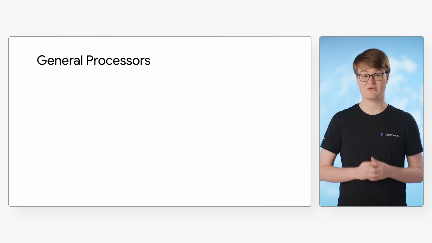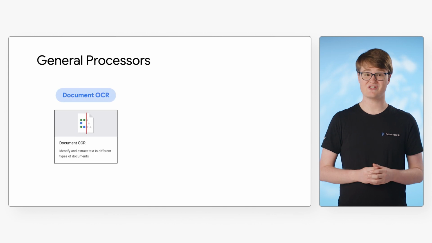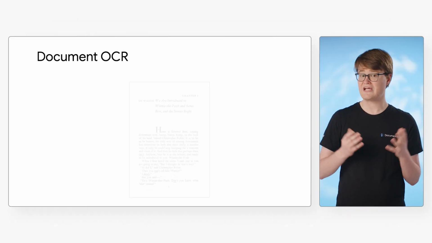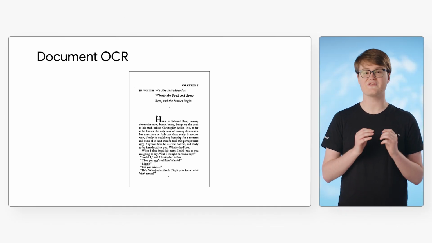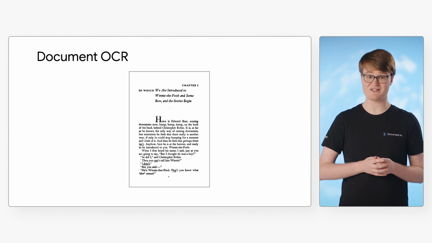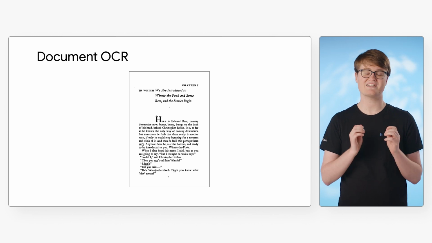Currently, we have three general processors available: Document OCR, Form Parser, and Document Quality. Let's say you have a scanned copy of a document. It can be typed or handwritten, and you want to extract all the text from this document. You simply submit the document to the Document OCR processor, and it will return you the extracted text from that